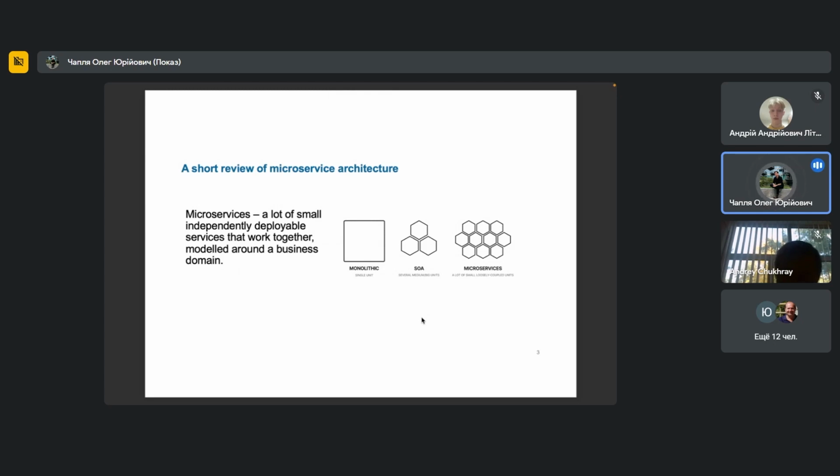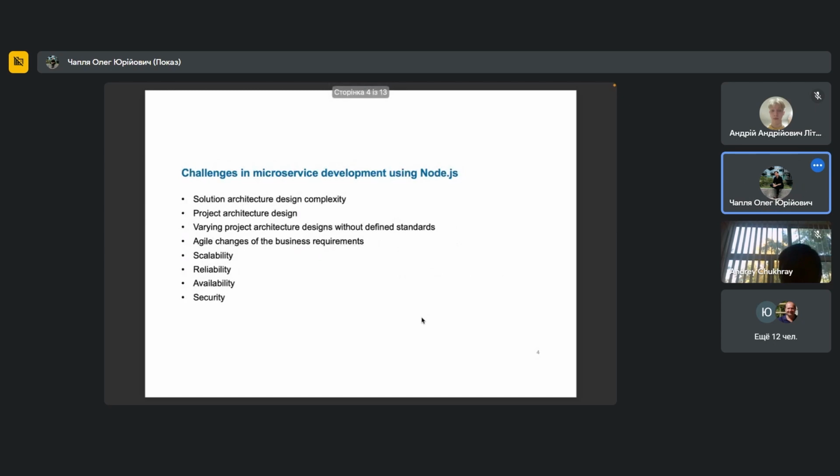And of course, the first approach, monolithic, means that we create one big application and push it into the cloud. But this monolithic approach is good when we have only a small or medium-sized application. When we want to scale or move to a cloud with big systems, it won't work.